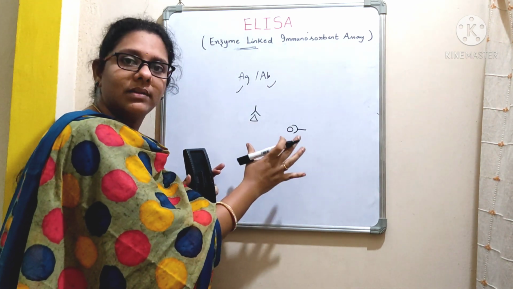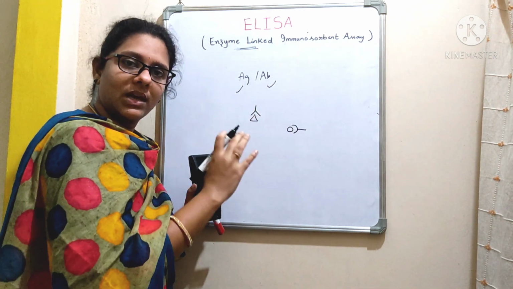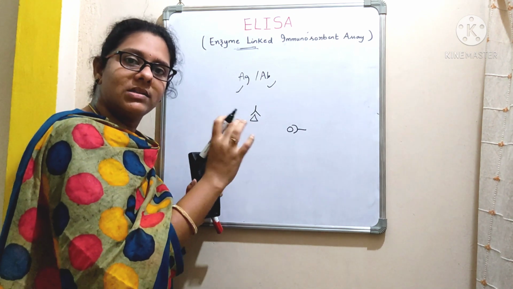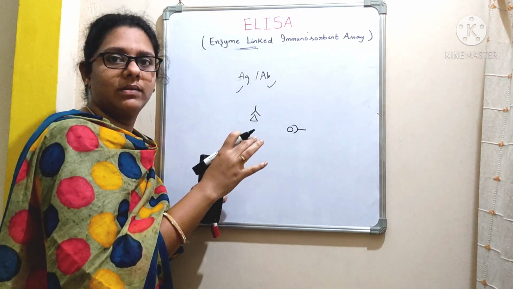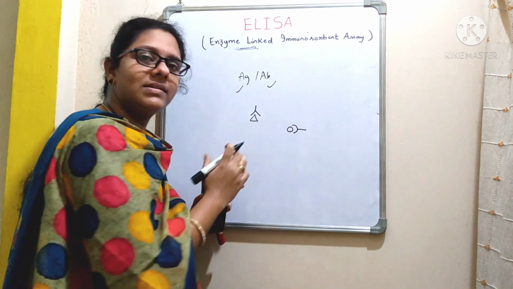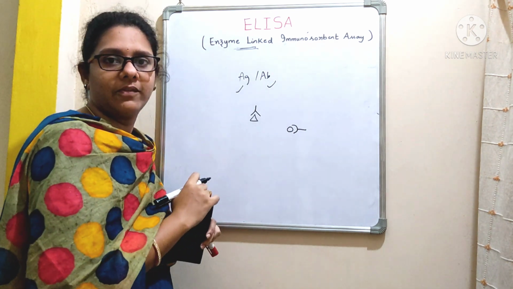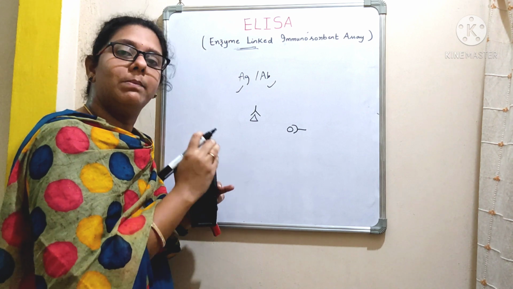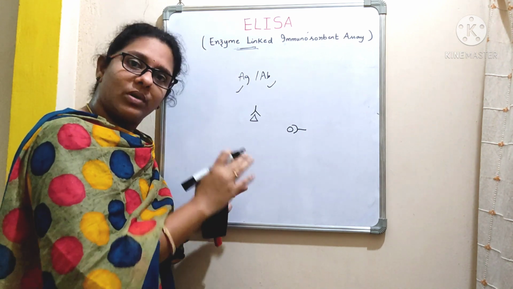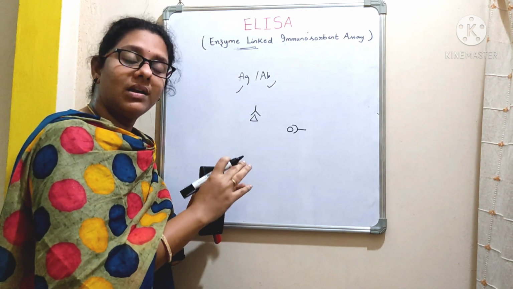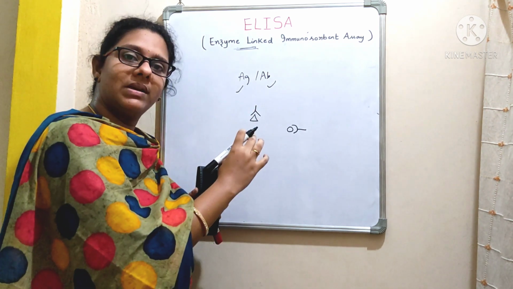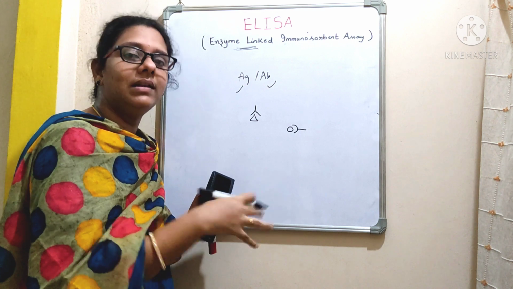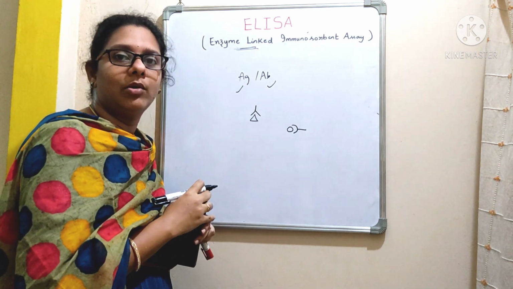This is for better understanding, I am just drawing like this. What I mean to say is, whenever the antigen enters into our body, it will produce specific antibodies that will react with this antigen and neutralize its effect. Moreover, there will be memory cells that will store the information of the pathogen. If that pathogen re-enters into our body, these memory cells will act immediately and start producing the antibodies.